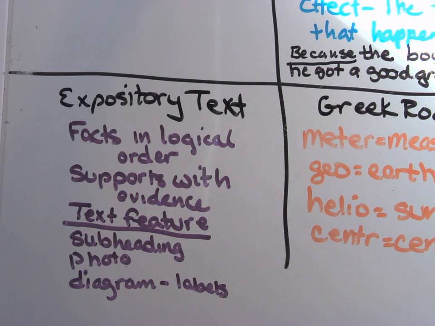Like if I have a picture of the atmosphere and it tells me the levels of the atmosphere, that's a diagram. If I have a photo of the sun that is just a picture, I don't have writing on it or labels like that. So I might have a subheading or a caption underneath there. I might have a caption under the picture, but I don't have a diagram with it. So the difference between that photo and diagrams are having labels, photos are not.